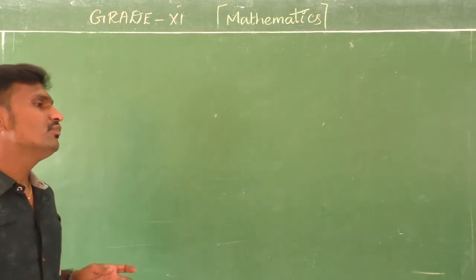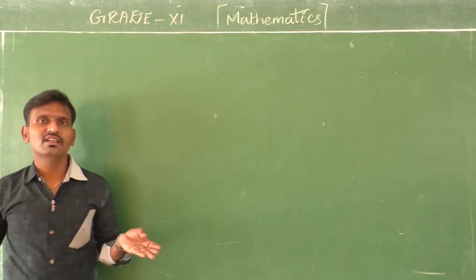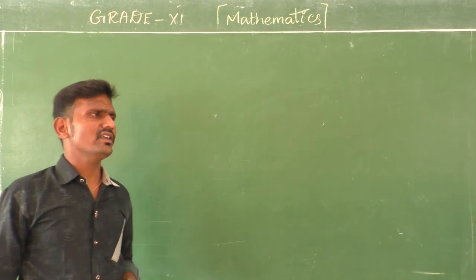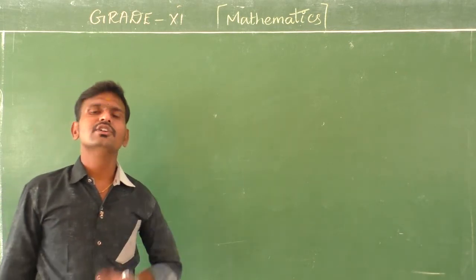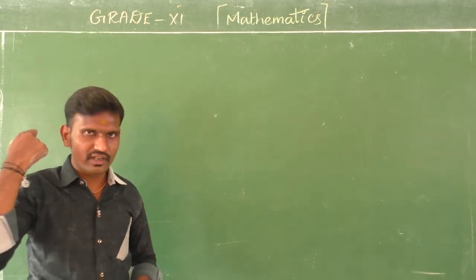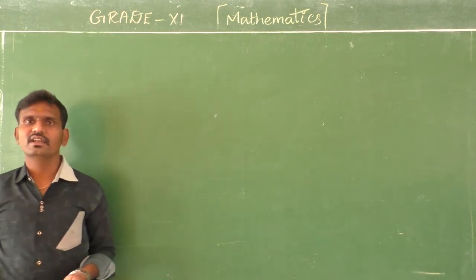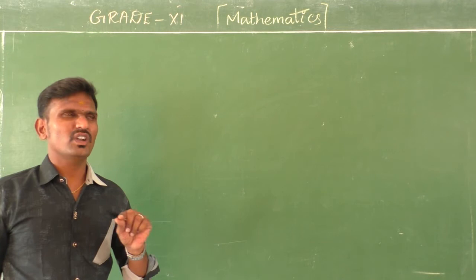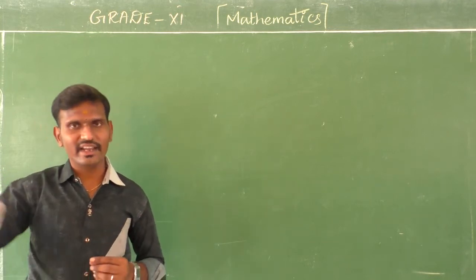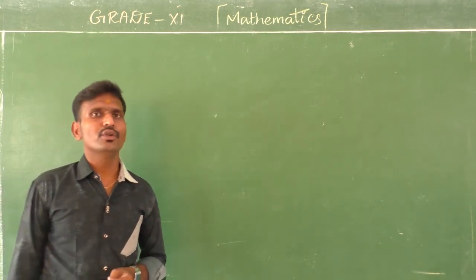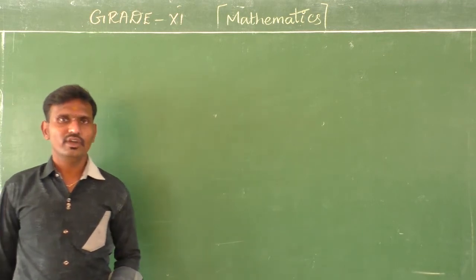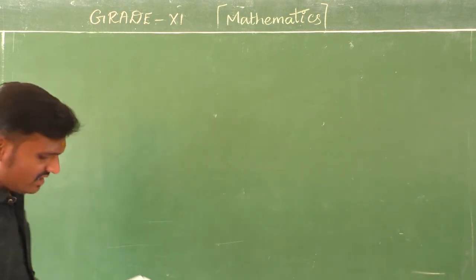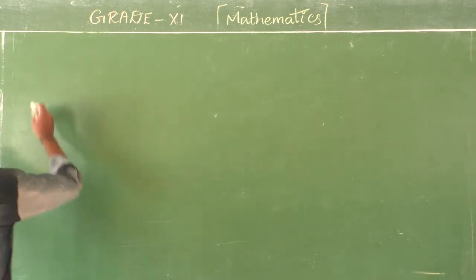Students, daily you have to recall the formulas by dictating to yourself. What is the cos(x minus y) formula? Like that, daily you have to tell some formulas and memorize them well, or write them 1 or 2 times, or 10 or 20 times. Write and see, it will come to you in a nice manner. Okay, fine. Now the question number is 13.